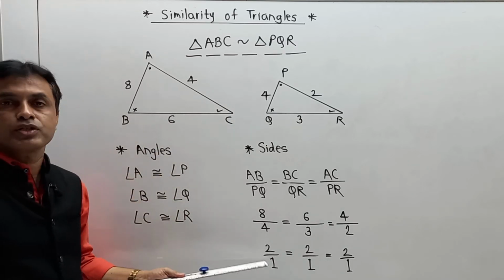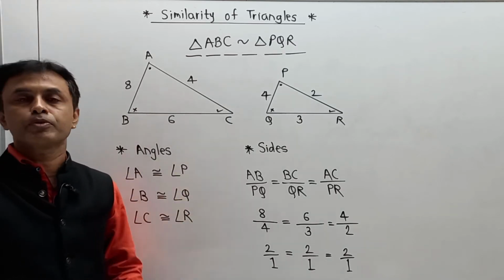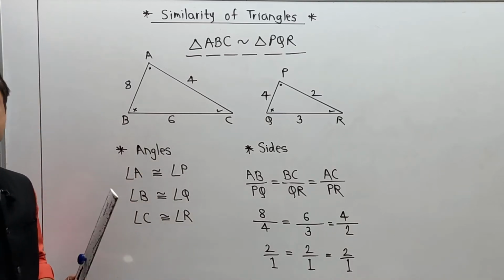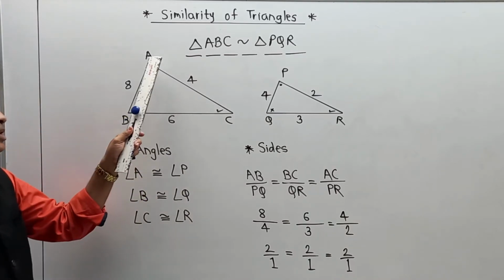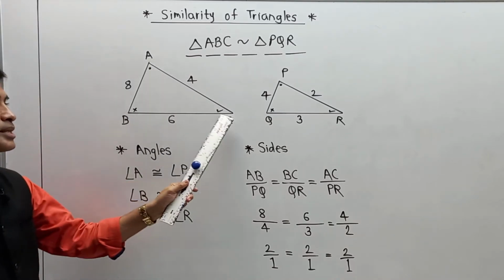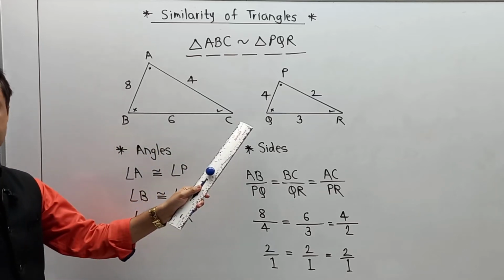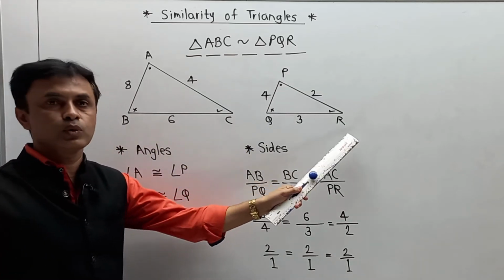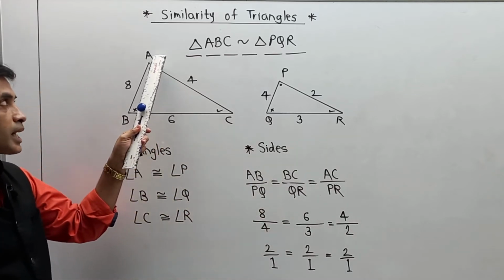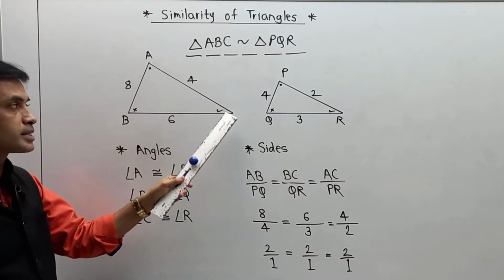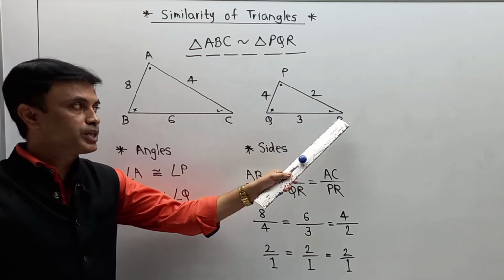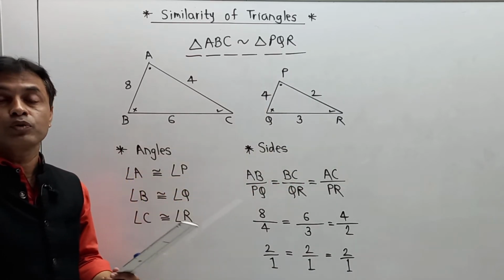Then the ratio will be reversed, 1/2, and you will get the same proportionate ratio over here. Please try to understand: here sequence is also important. If you are going to say triangle ABC is similar to triangle PQR, and if you say triangle ACB, then you have to say similar to triangle PRQ. Like that, you have to follow the order.